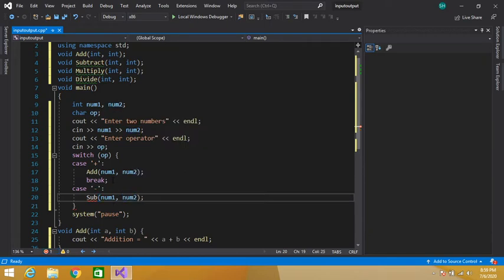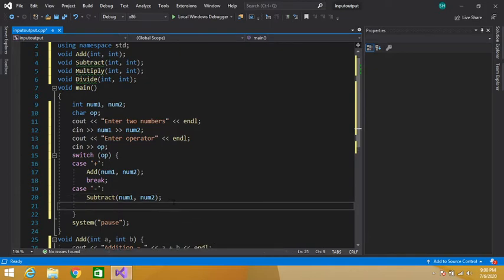This is our subtraction function. So we have called our subtract function. Again break statement.